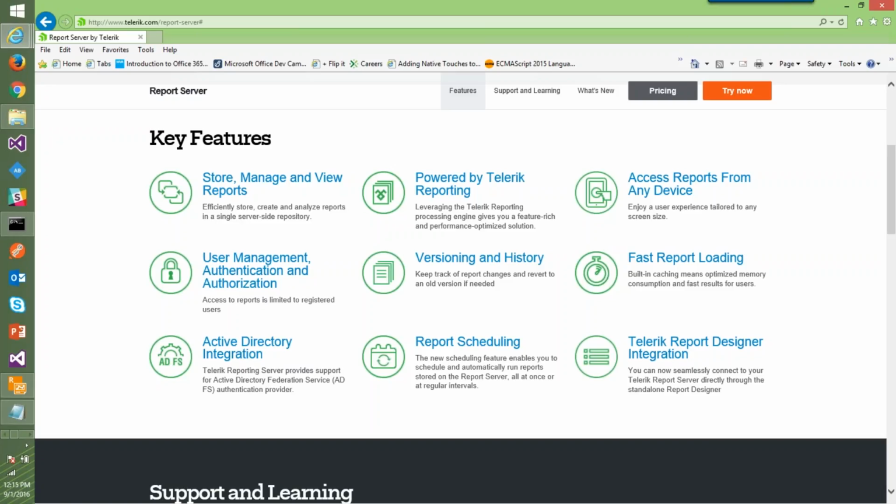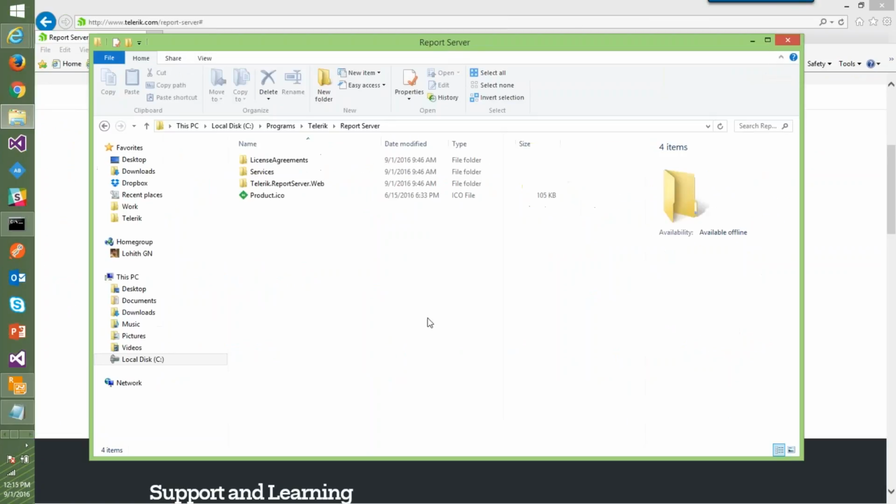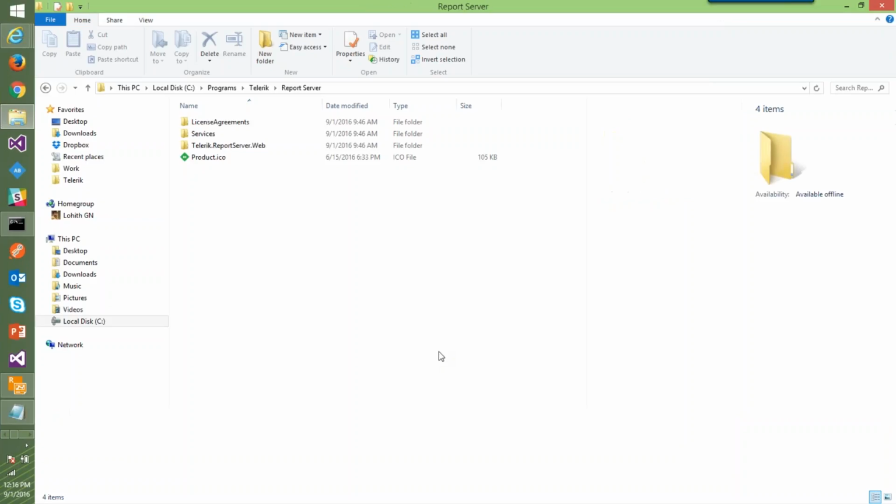As I said, you can always go ahead and install this for trying out. There's a Try Now, and a 30-day trial is available, and whatever I talked about as the key features is available within those 30 days. Now, in the interest of time, I'm not going to go through how you install and set it up. I've already downloaded and installed it. So let me show you where it is downloaded and installed. Here we go. This is how the installation folder will look. So basically, when you install the report server,